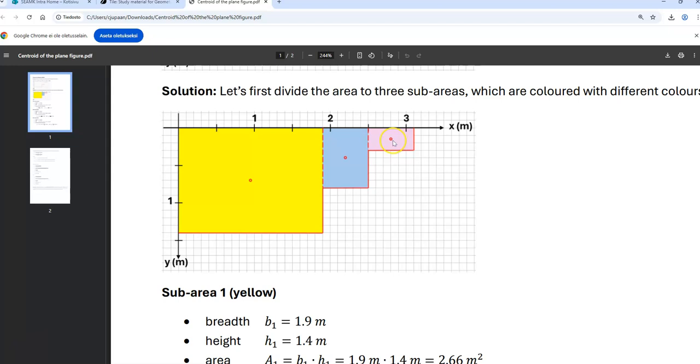For example, we don't need to calculate anything, because we can see that this center point in the third figure is at the place where the x coordinate is 2.8 and the y coordinate is 0.15,